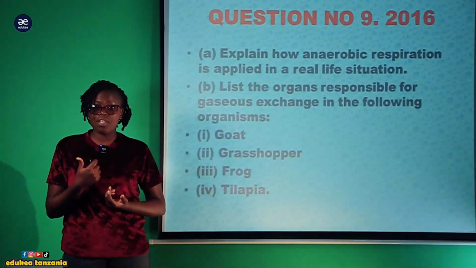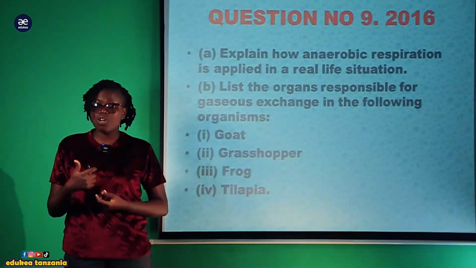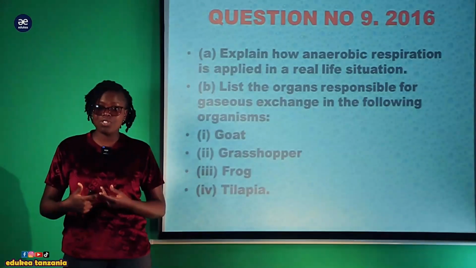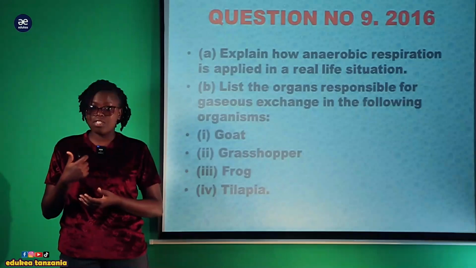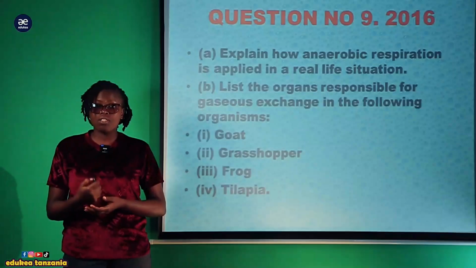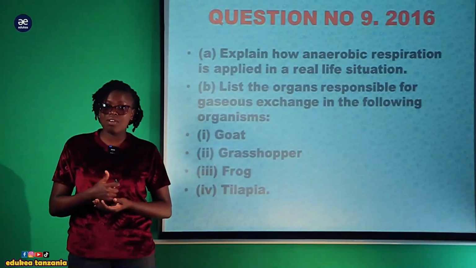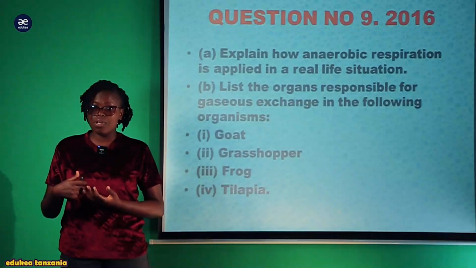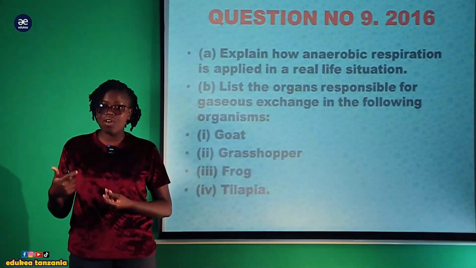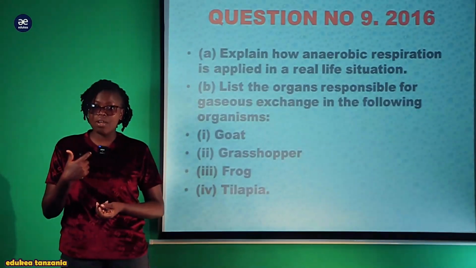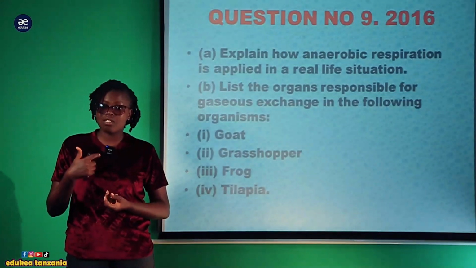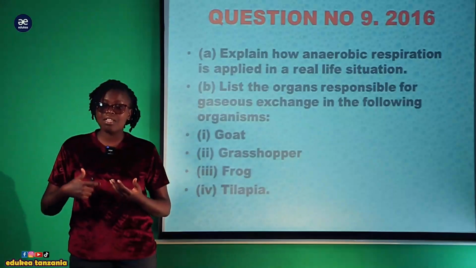In order to answer question number 9 Roman A, you are needed to have a deep understanding concerning the concept of respiration, the types of respiration, and their application in daily life. While in question number 9 Roman B, you are needed to be aware of the concept of gaseous exchange and the respiratory surfaces which are specialized for different multicellular organisms, because gaseous exchange for unicellular organisms takes place by simple diffusion. While for multicellular organisms, gaseous exchange takes place through specialized respiratory organs such as lungs, skin, gills, book lungs,